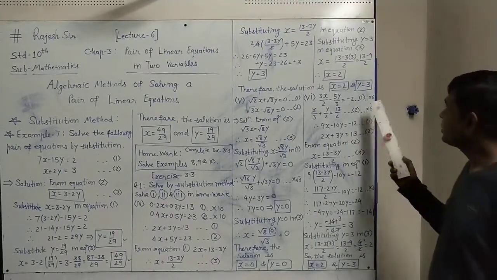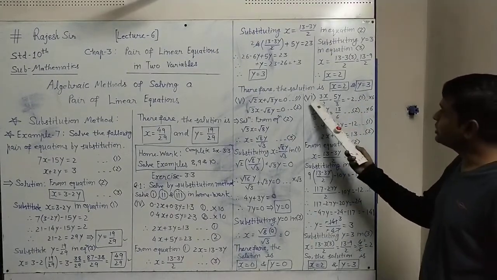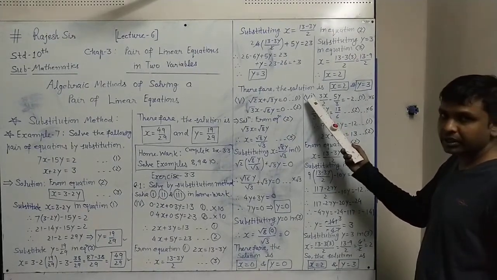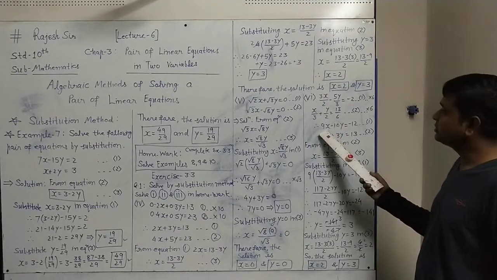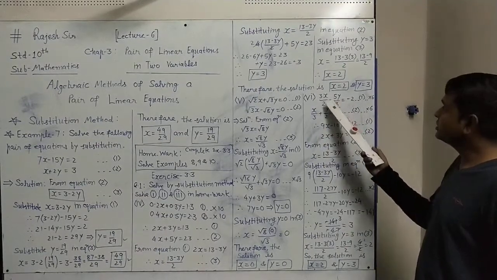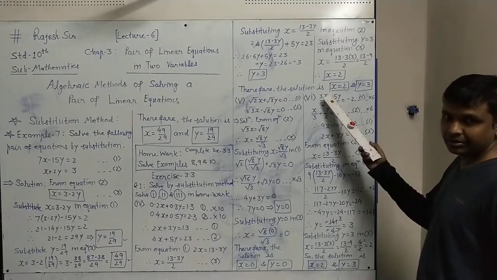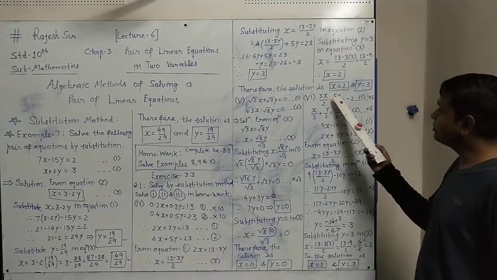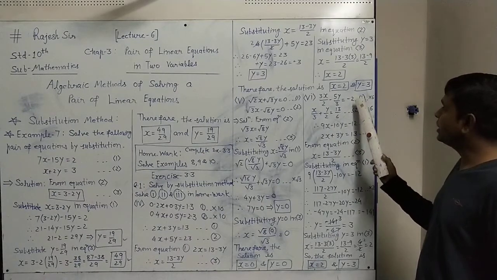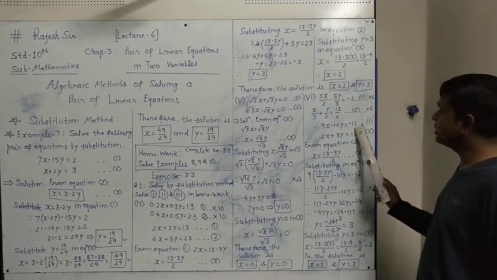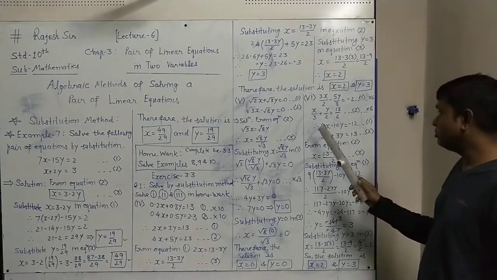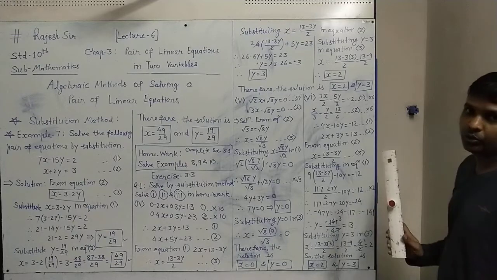How? Let's see. If you multiply by 6 here in the first term, by 2 it will be cancelled. 2 3s are 6, and 3 3s are 9x will be here. Minus, when you multiply 6 over here, 3 2s are 6, and 2 into 5, 10y. Equal to, when you multiply 6 here, minus 2 times 6 is minus 12. So you can see the denominator part has vanished here, and we have a simple looking equation 1.